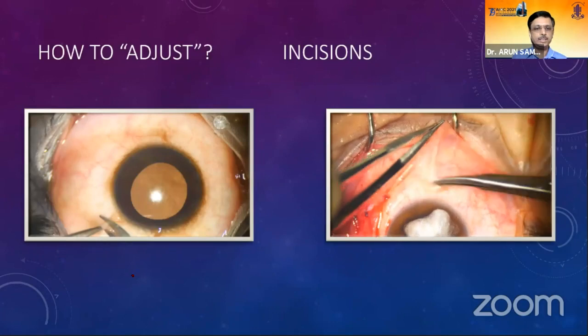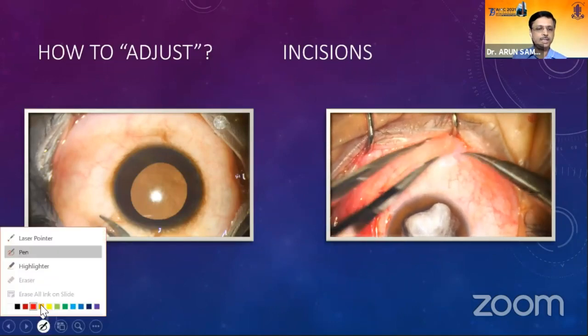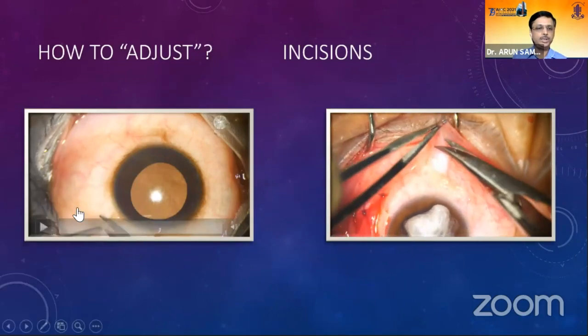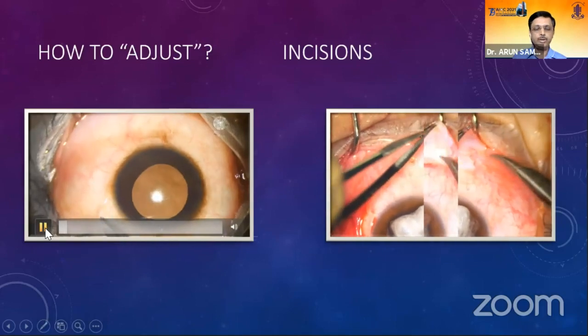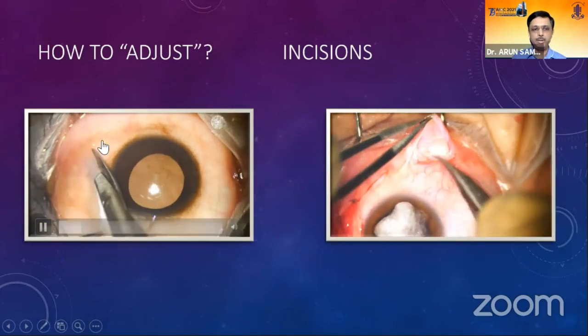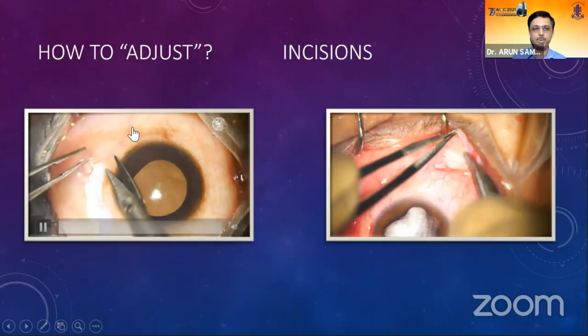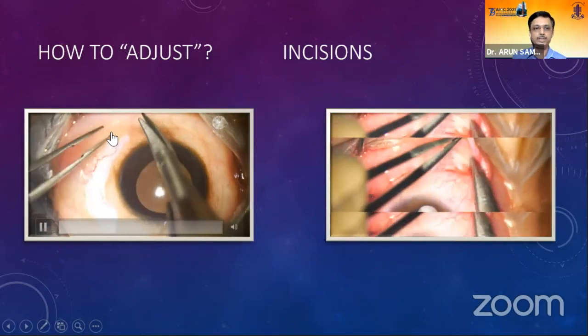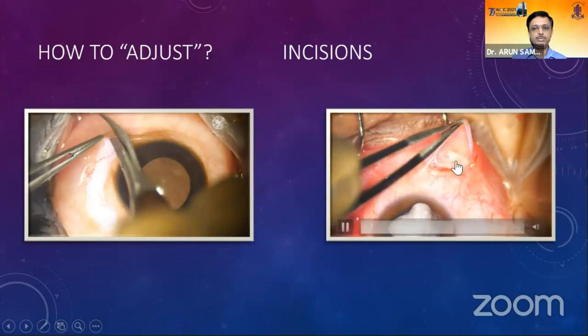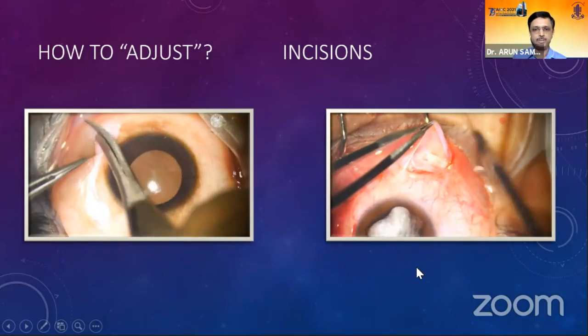Coming to the incisions, as Dr. Pradeep Sharma has very nicely said, the incision should always be comfortable for the surgeon. I would definitely suggest all the beginners to go for a limbal incision, because it gives a better exposure and you can do a good surgery, whereas experienced people can shift over to the fornix-based incisions.